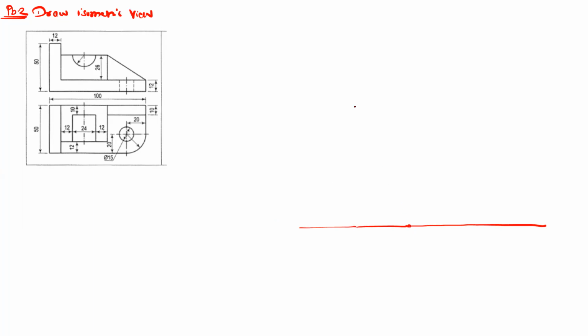Now from this point, draw a line at 30° like this. And similarly, from the same point, draw another line at 30°.